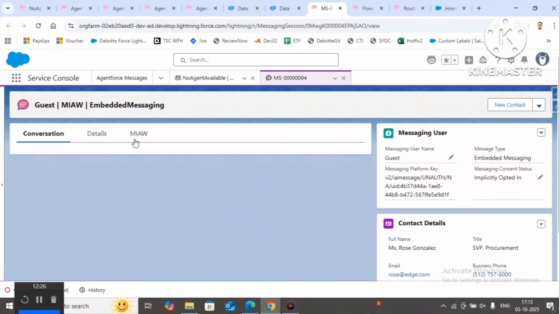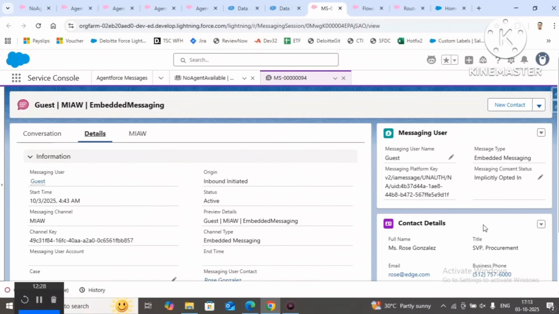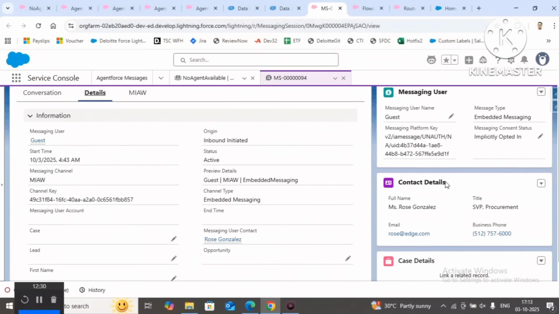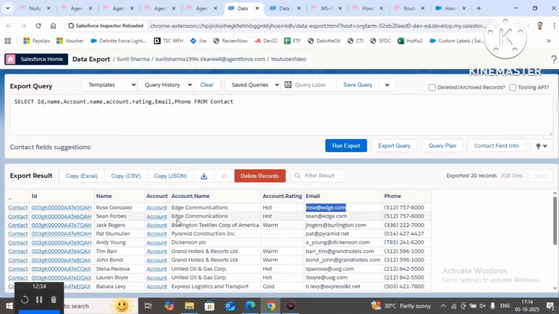Here you can see this is your messaging session. And if you go to the right side, you can see the contact details are associated. Mr. Roj Bonjele. Okay. So till now, the first step we have achieved is that when the chat is initiated, we are associating the contact